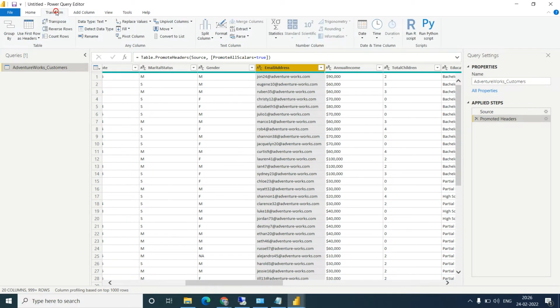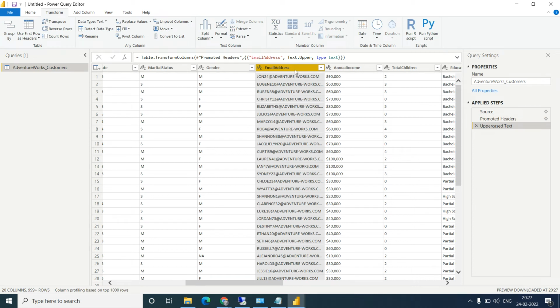Okay, uppercase. So what is the difference between the two? So let's see. First I am trying it with the format. I am in the transform tab right now, and I just apply the uppercase. So just click on uppercase.